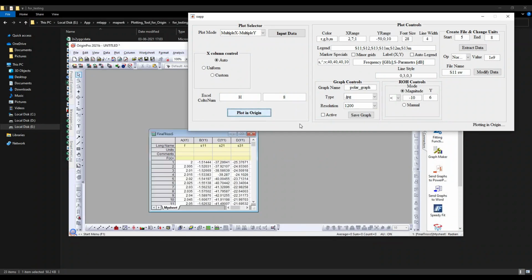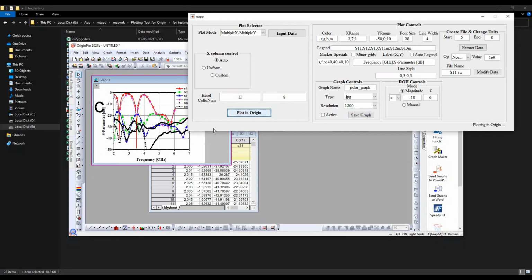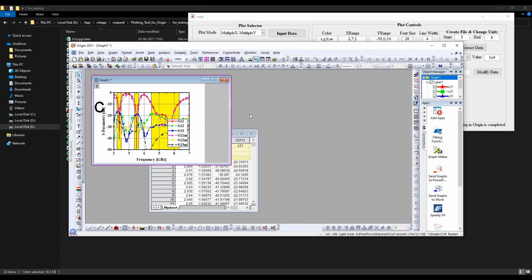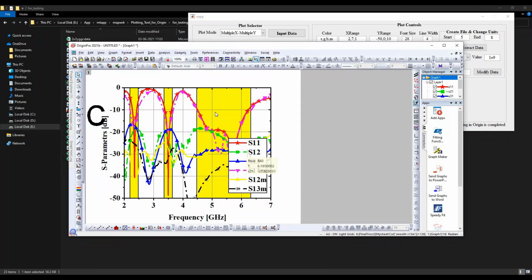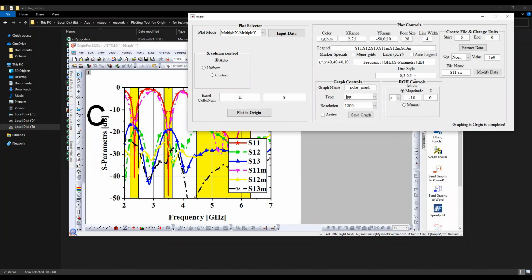I will go with -50 as lower limit. This is the graph. These dotted lines and solid lines indicate the simulated and measured data accordingly.